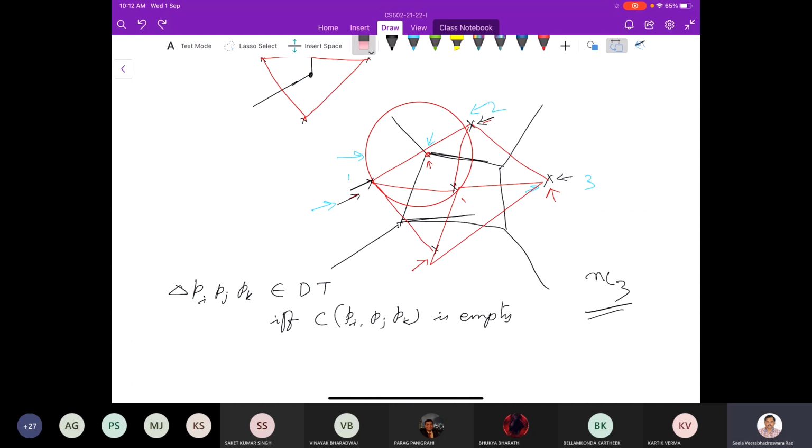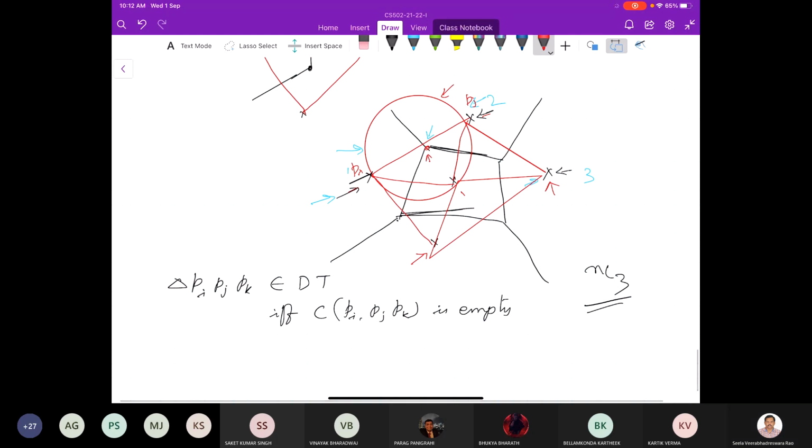So this circle can be viewed this way also. For example, this is PI and PJ. So this circle is passing through these 2 points. Here PI, PJ need not be a diameter of the circle. The circle passing through these 2 points,